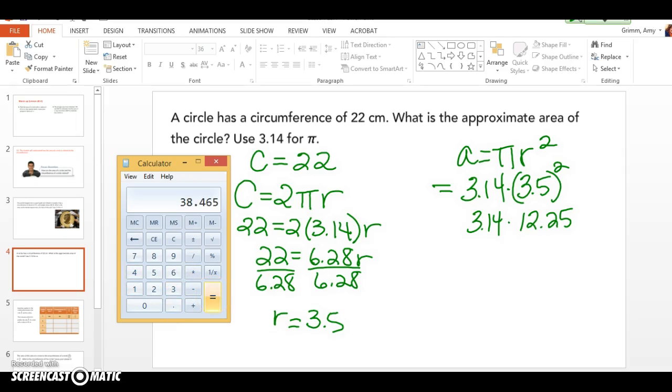And that gives me 38. What did it tell me to round to? It said approximate area. So I would probably go with 38.5. I wish they would tell us more specifically here to round, but somewhere close to that. If I said 39,